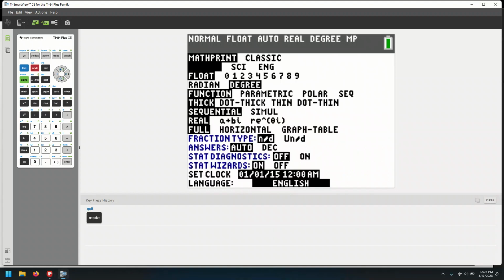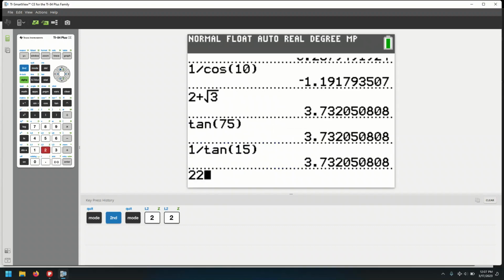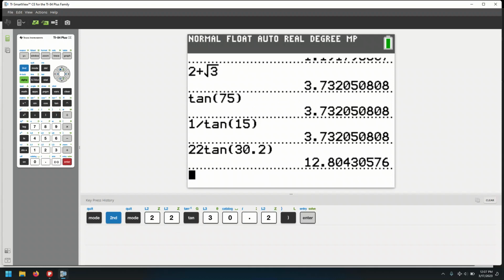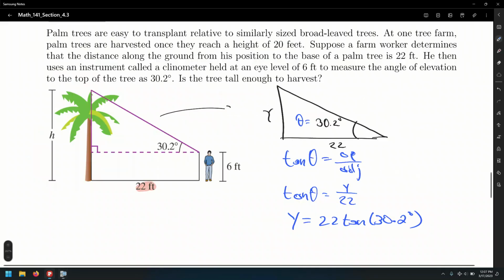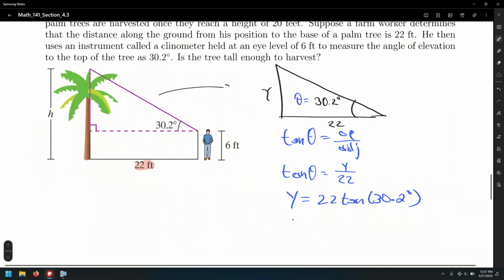Make sure to be in degree mode. In fact, my calculator is already in degree mode. So, second quit. That's going to be 22 tangent of 30.2, close parentheses. Click enter. Final answer, that's 12.8. I'm going to round to one decimal place, so this is approximately 12.8. But again, that's only the height between the eyes of the person looking at the palm tree and the highest point on the palm. We still need to add